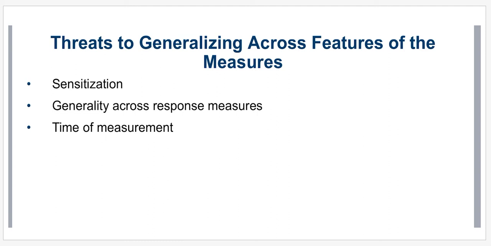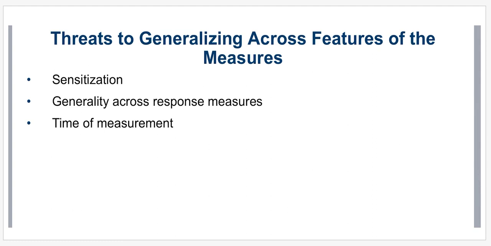So was it the diet program that caused you to lose more weight, or was it just the simple fact that you were writing down what you were eating and you were more aware of it? And so that kind of speaks to the validity of that as well. So if you used a different diet program or a different tool or assessment or a measure, would you get the same results? And then also we have